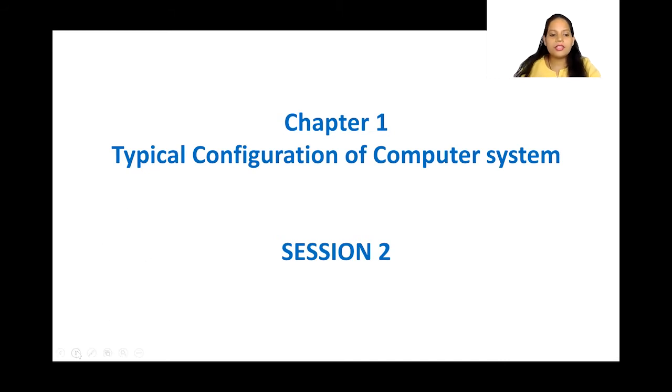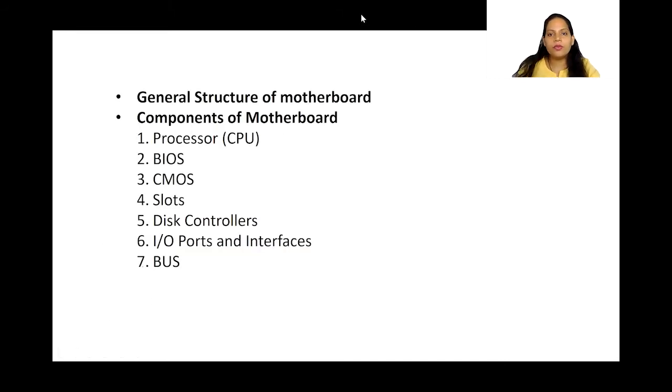Let's start today's session. First, let's see what we are going to cover. First is the general structure of a motherboard and also the components of the motherboard. So today's session is basically all about the motherboard. This video might be a little long, but I want to complete all of them so that there is continuity.